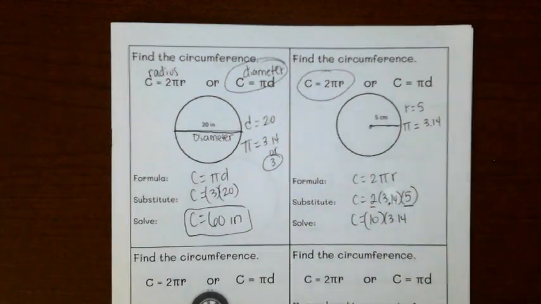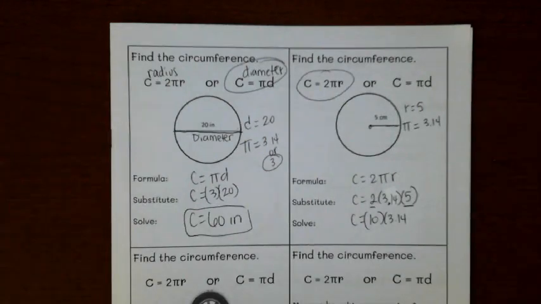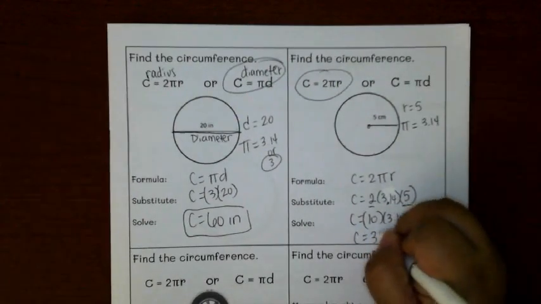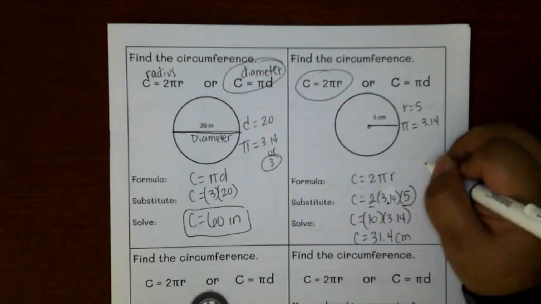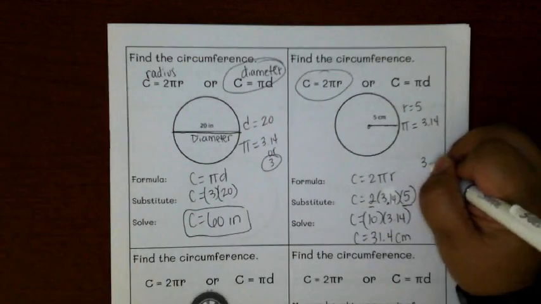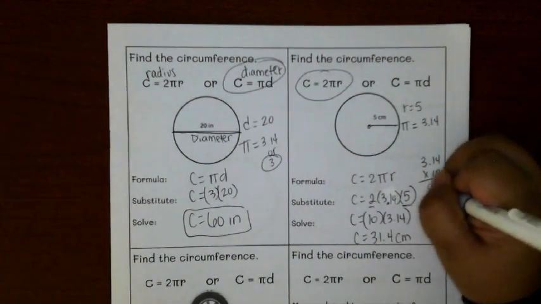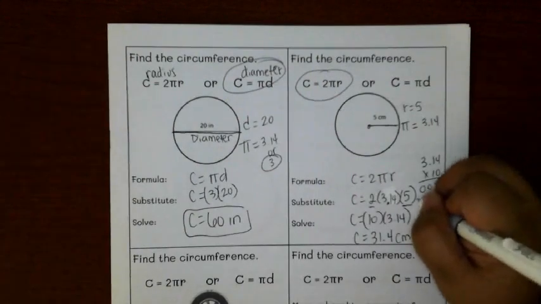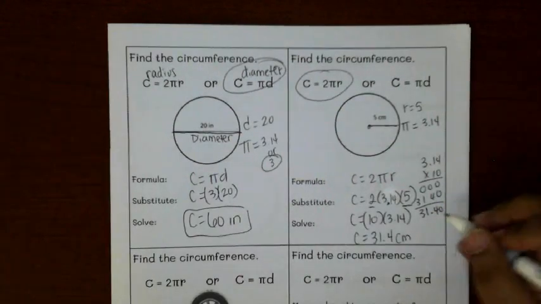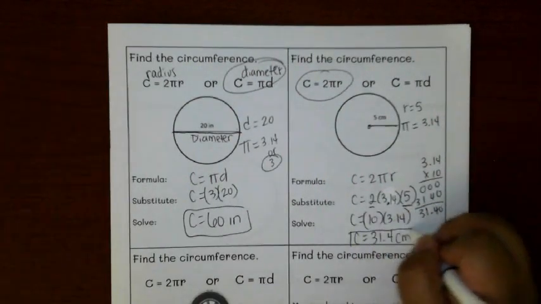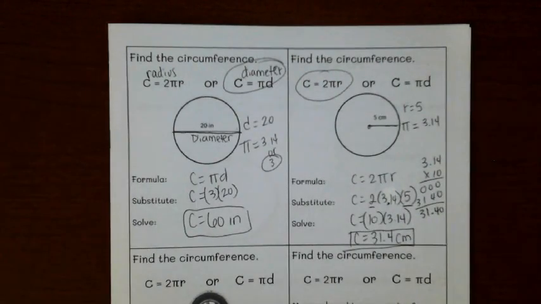Okay. Now, whenever I do this, I get 31.4, okay? And this is going to be centimeters. Okay, I can also show you on paper too. I did use my calculator just to make it faster. But here, times 10, 0, 0, 0, 0 here, 4, 1, 3, and there are 2 decimals, so it would be in between 1 and 4. So here, this is my final answer. Okay? All right, let's go to